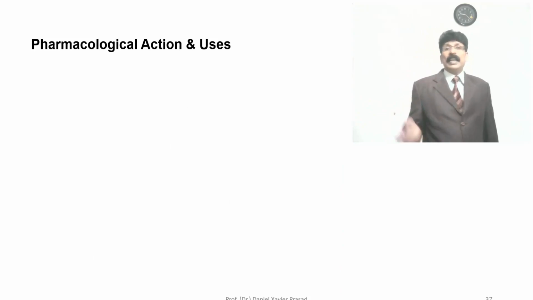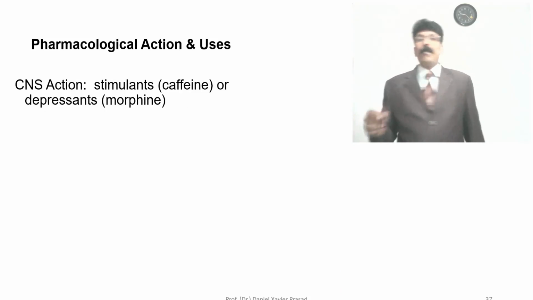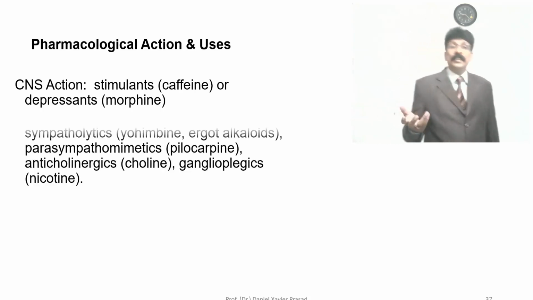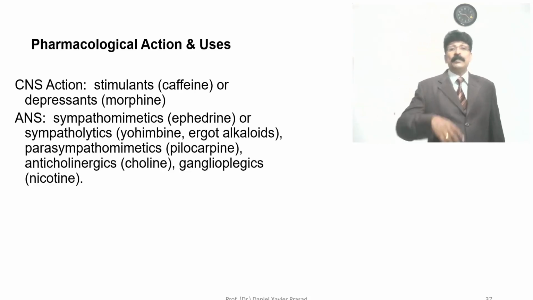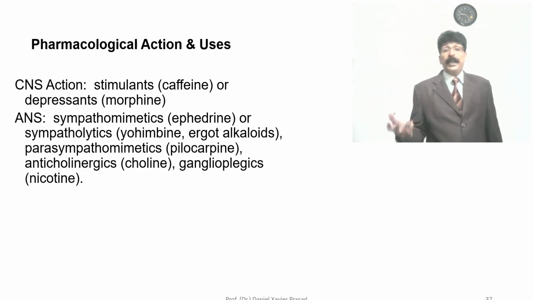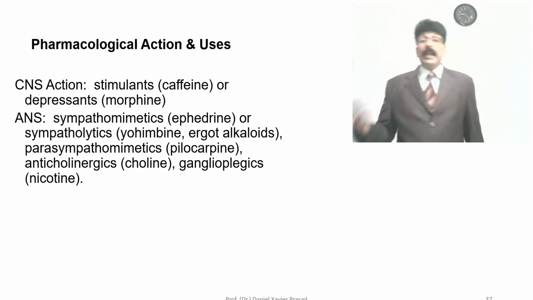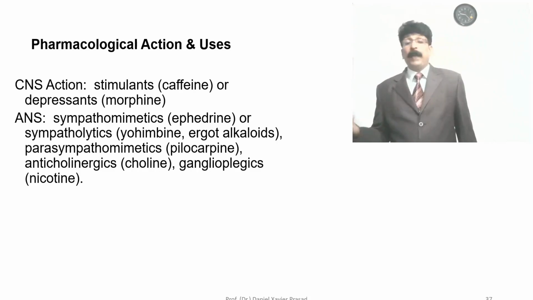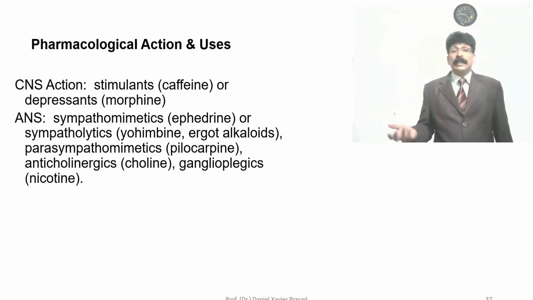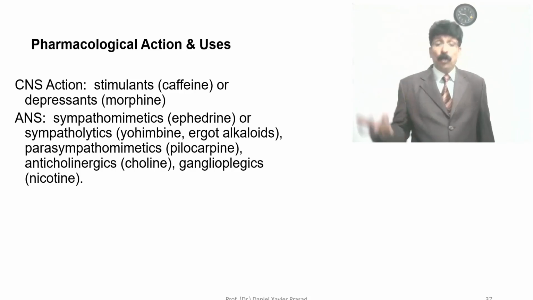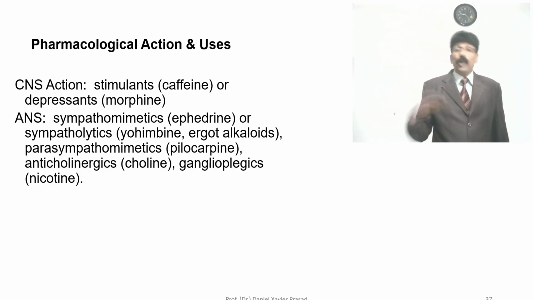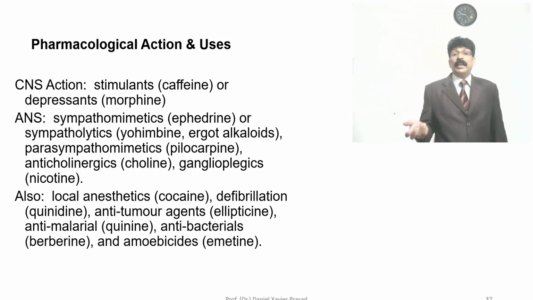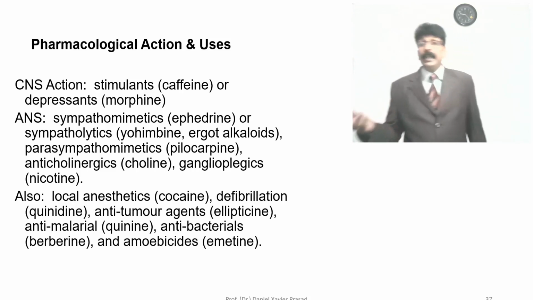Pharmacological action and uses: I have added some examples, like CNS stimulant, caffeine; depressant, you can see morphine; sympatholytic or sympathomimetic, ephedrine; sympatholytic, yohimbine, ergot alkaloids; parasympathomimetic, pilocarpine; anticholinergic or parasympatholytic, atropine; ganglionic agent like nicotine; and also local anesthetic like cocaine; and antifibrillating agent or anti